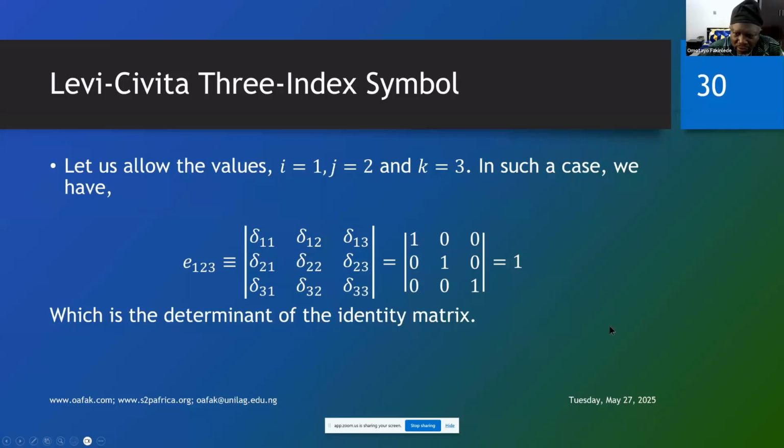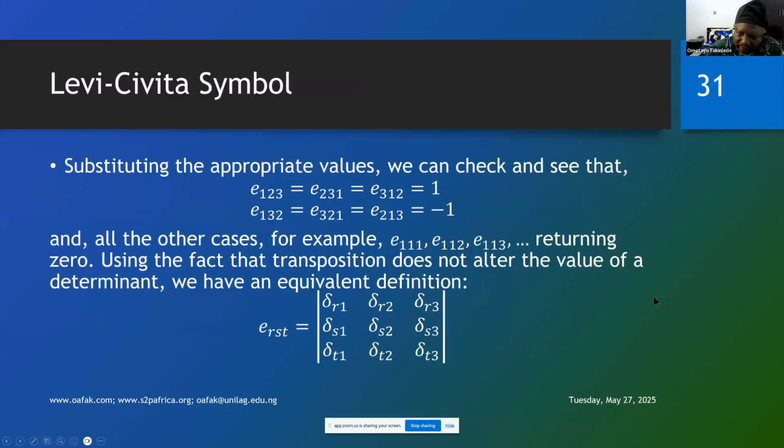Okay, so let us go to the next slide. We can see that if you substitute the appropriate values, you will see that E123, E231, E312 are always equal to 1, and E132, E321, and E213 will give you -1. And in all other cases, especially E111, E112, E113, where any 2 indices are equal, no matter which 2, you are going